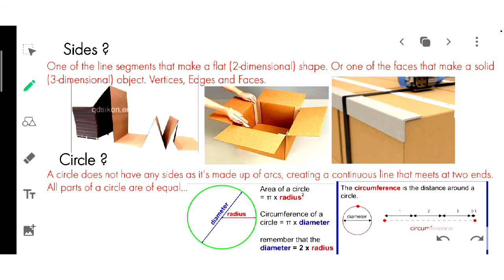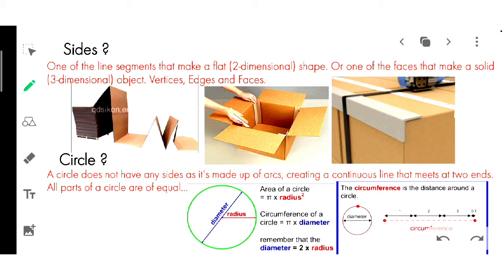Okay, first of all we have to check what a side actually is. In our daily life we say that my house or my school is on the eastern side of this area. Likewise we say, my friend is nearby, on my side. We use the word side in that way.